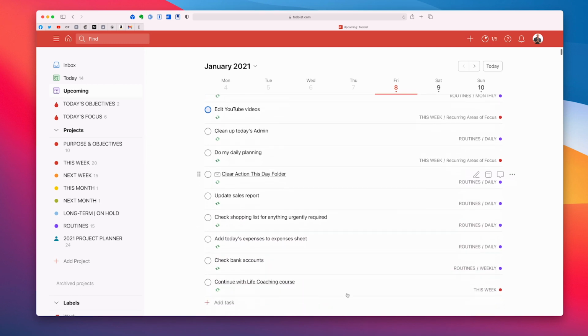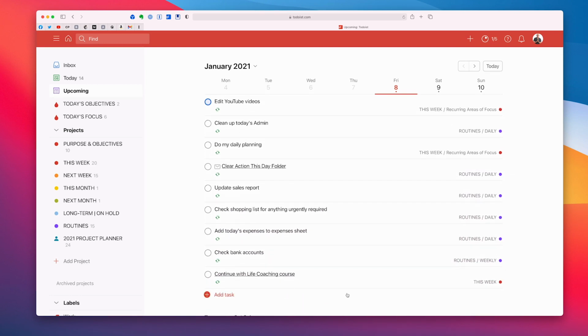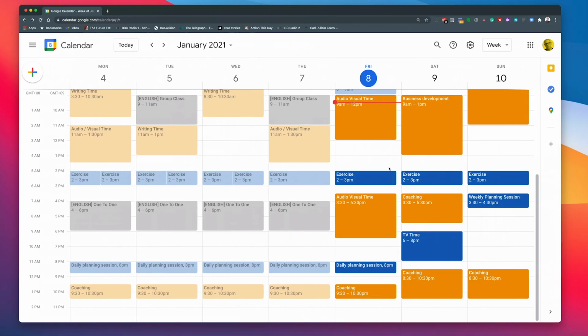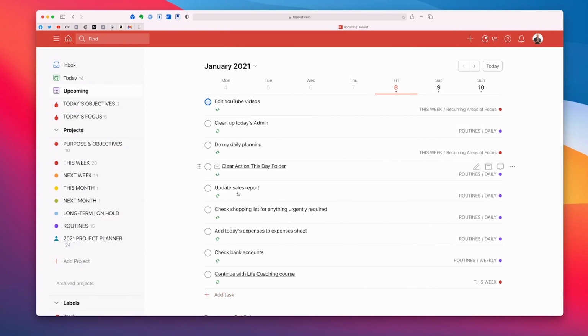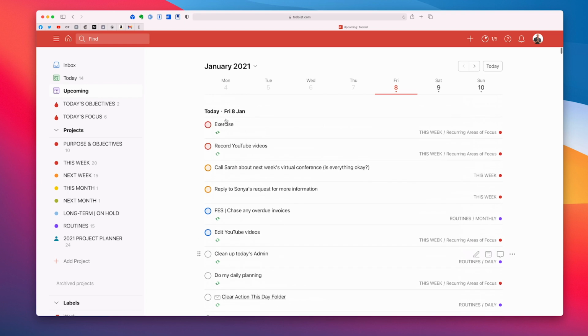So as you can see, my calendar is allowing me to see very clearly how much time I've got. So I've got this wonderful block here. I might have an emergency to deal with, but it doesn't matter because what I know right now as I start the day, as you can see right here, it's 9:30 in the morning-ish. I have the time set aside to do my main objectives, which are right here, the exercise and record my YouTube videos. And that's key.